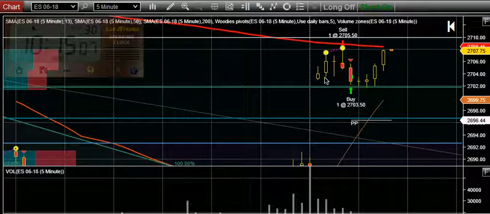I did not want to play guessing here, so I took my quick profit, and as you can see, had I not taken my quick profit, look what happened. The market is now turning around. We're hitting the 200-day moving average. My indicators say that it should go lower, but I didn't get a signal yet, and we don't know what's